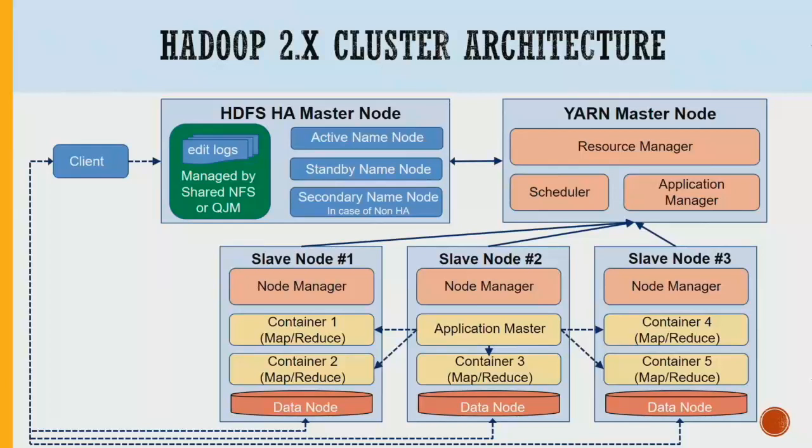So now we have two master nodes instead of one, right? The name node is the HDFS master node, and the job tracker is replaced by the YARN resource master node. So now they have decomposed the master node into two nodes. One node is responsible for managing the data, so it does the data provisioning, and the other node does the scheduling. Now the job tracker becomes the YARN resource manager, scheduler, and application manager. So pretty much they have decomposed the job of the job tracker into three other components. And now you have the data node, but the task tracker is replaced by the node manager. So these are some of the differences compared to Hadoop 1.